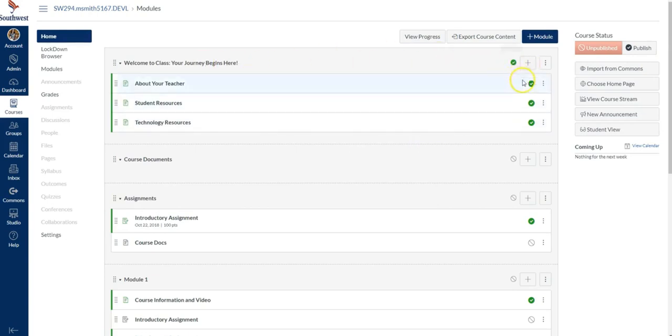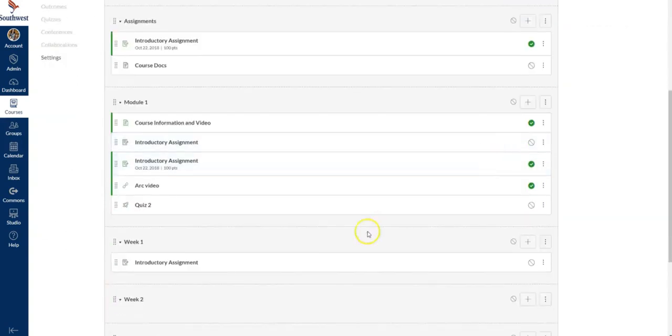You do not have to publish all of your materials at once. If you decide that you want students to do it in a module or a weekly format, and you have some prerequisite materials, for example, in nursing, they have certain skills that they want the student to master before they move on to the next one. So a nursing faculty may say skill 1 instead of module 1. They could put all of the content about the skills. Let's say they have an introductory that tells the student, hey, in this skill module, we're going to work on hand washing,